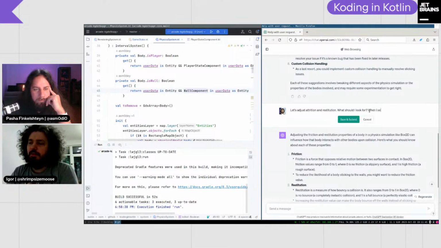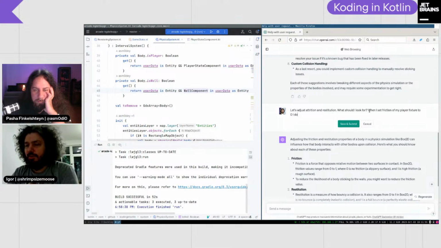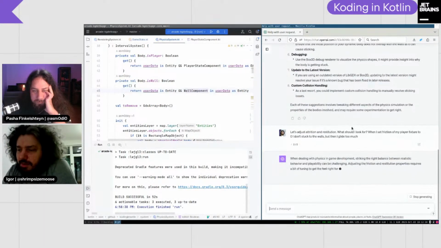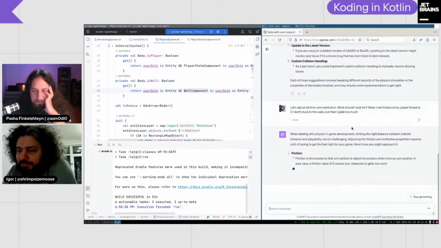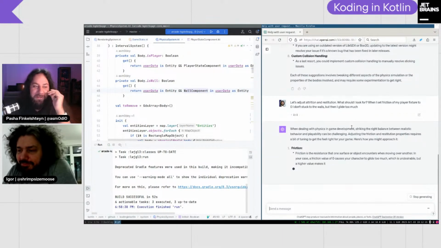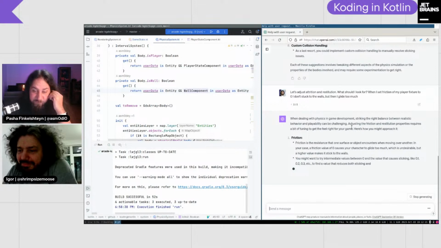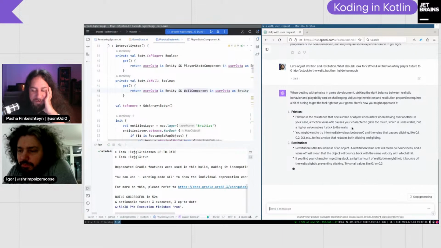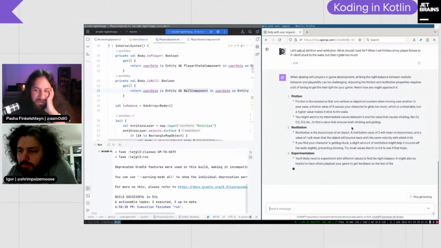When I set the friction of my player fixture to 0, I don't stick to the walls, but then I glide too much. Glide, I like this word. Okay. Thank you, ChatGPT. Useful as always. Bounciness. I called it jumpiness, right?